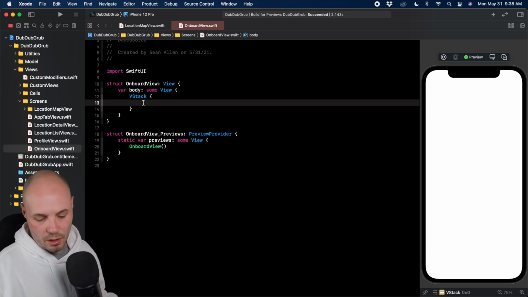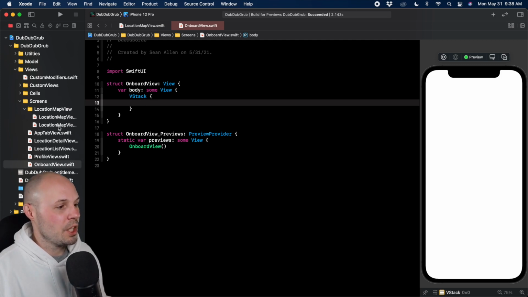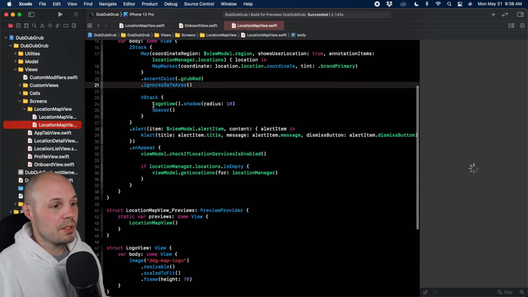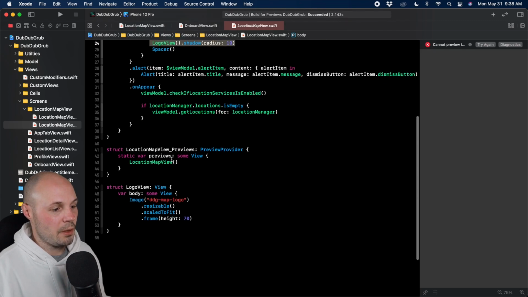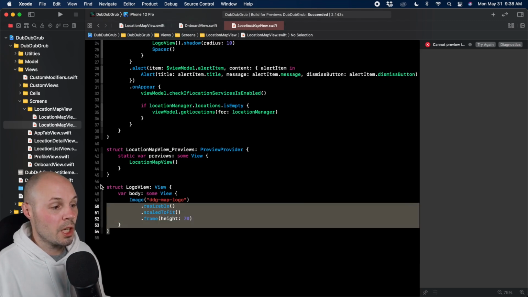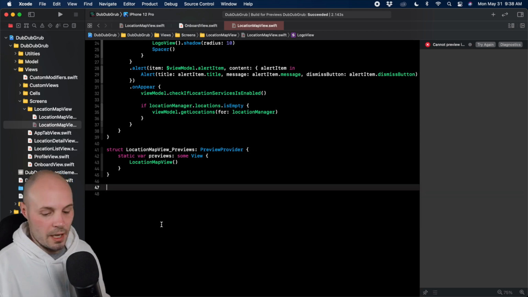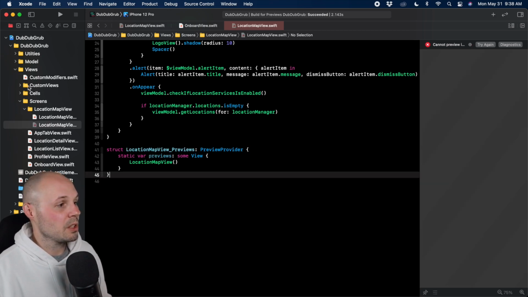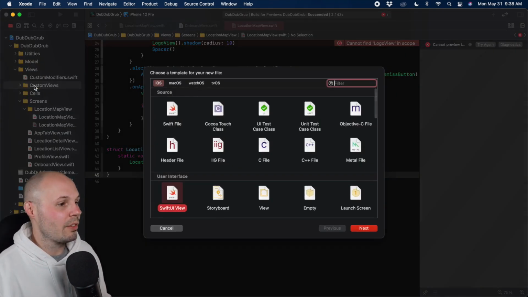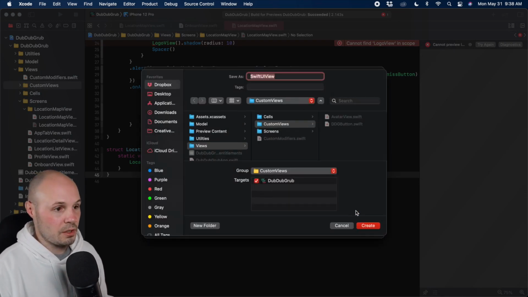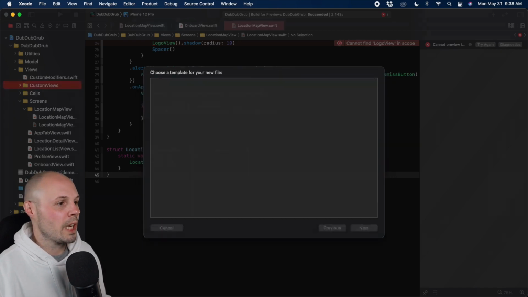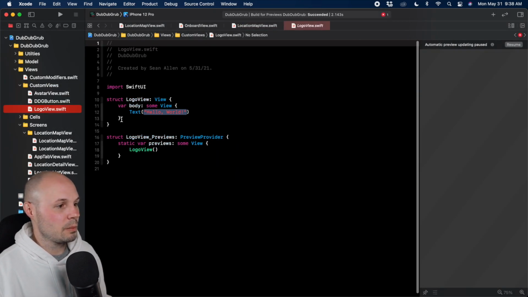So the first thing is our logo. So we already have that. If we go back to our location map view, you'll notice we have this logo view, which is down here. And in fact, this logo view, because we are gonna use it in multiple screens, I'm going to give it its own file. So I'm gonna cut that, Command X, go up to custom views, hit Command N for a new file in custom views, new SwiftUI view, hit next, call this LogoView, create, and just basically replace